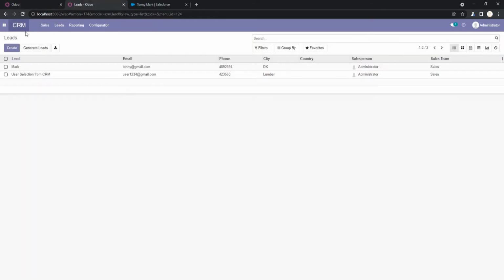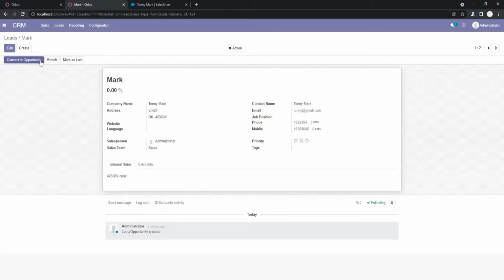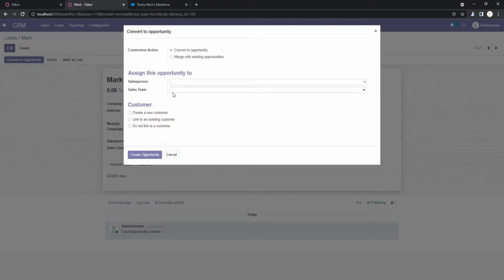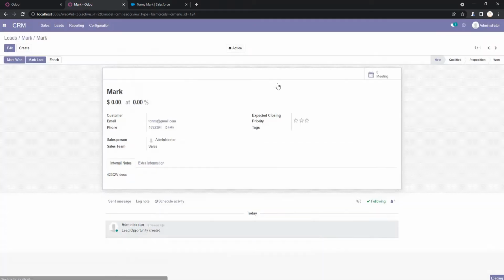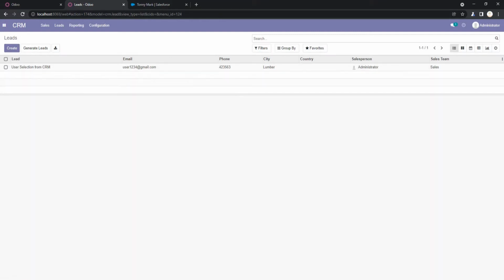So here is the option for opportunities. I just convert the lead into opportunity. Okay, so in lead here is the option convert to opportunity. So I click to it for the existing, to specify all the related required fields if they ask. So I just convert it into opportunity. Okay, so it will be hidden from the leads.